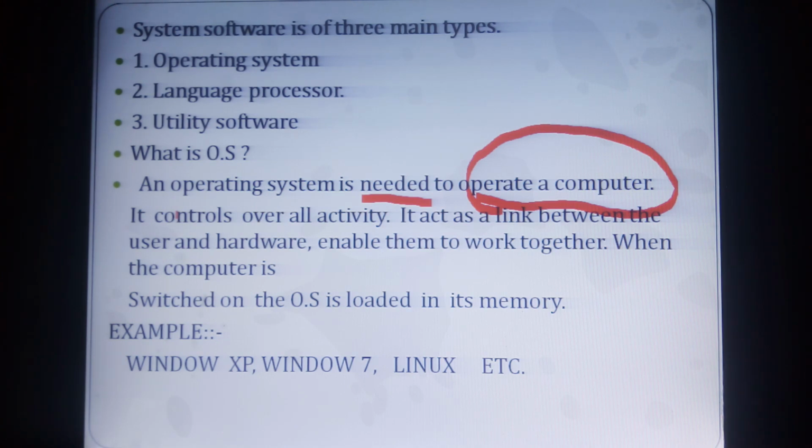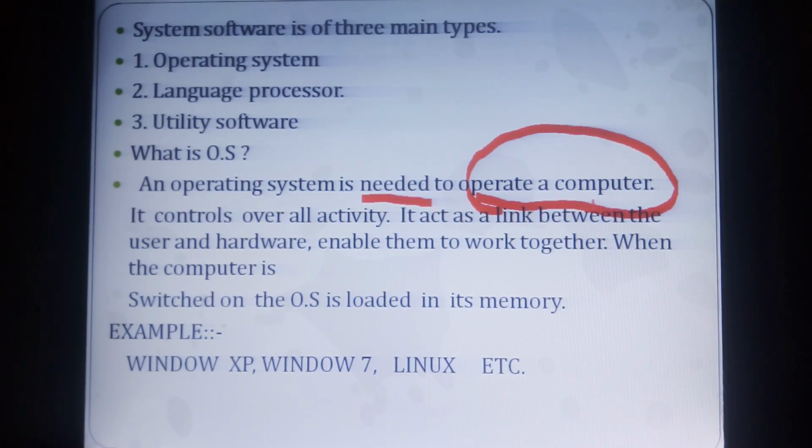Suppose electricity is not there, switch is not there, just the fan is there. Will it move? No, it can't. So first of all we have to operate it. Whenever we press the switch on the switchboard, then the fan is moving. That's why it is operated. So an operating system is needed to operate a computer.